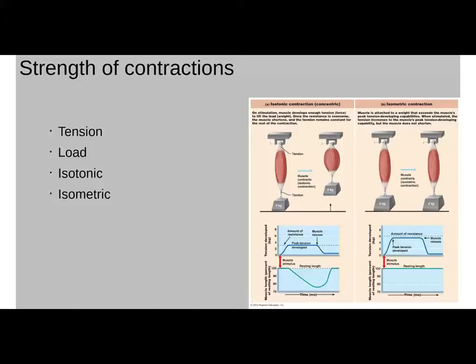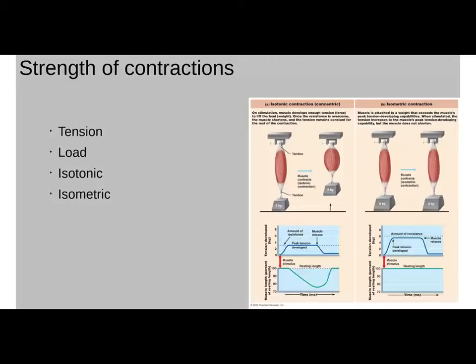The other type is an isometric contraction. In this case, we see an experimental setup, the muscle still anchored in place, and the other end is attached to a 6 kilogram load. In this case, 6 kilograms is going to represent more than the muscle is capable of moving. So we apply some sort of electrical stimulus to the muscle, it begins to contract, tension within the muscle builds, but we can see that the muscle doesn't shorten and the load